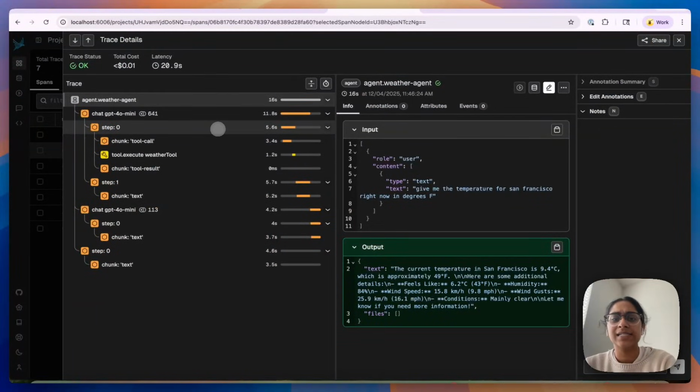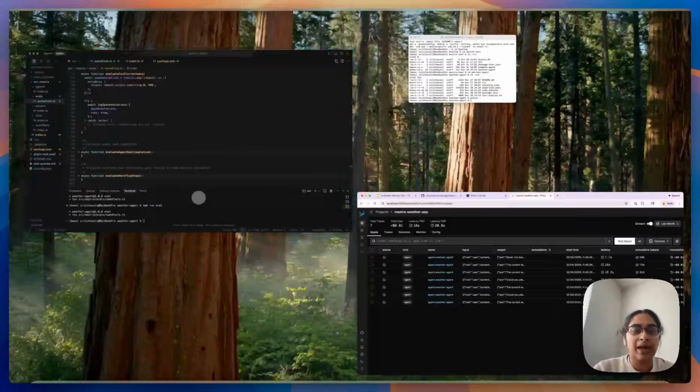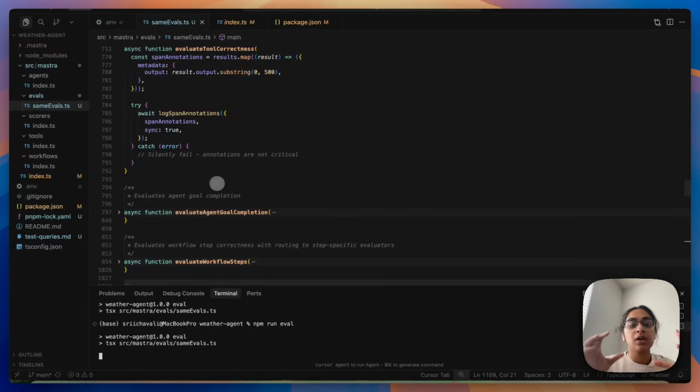So for example, I asked it to give me the temperature for San Francisco right now in degrees Fahrenheit, which it gave me. And so now we have about 7 traces worth of data. Going back into our code, all I have to do is run npm run eval since we have our evals set up. It's basically going to take the data, bring it down, create these evaluators,